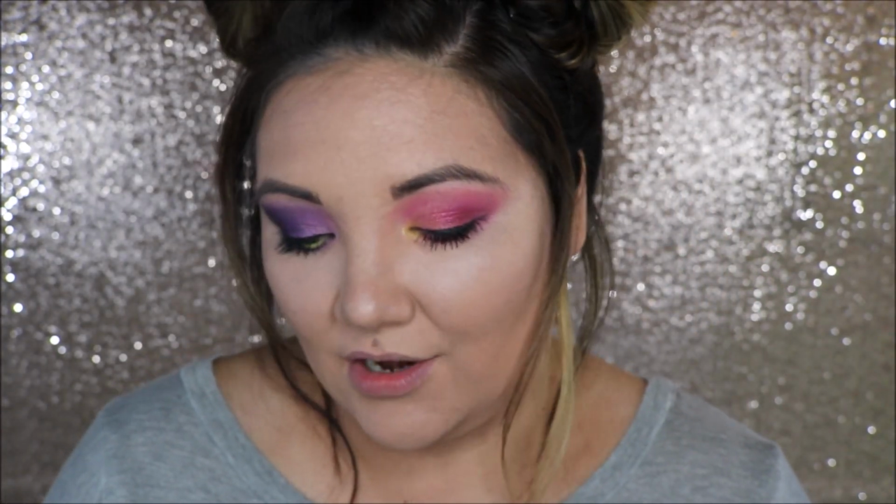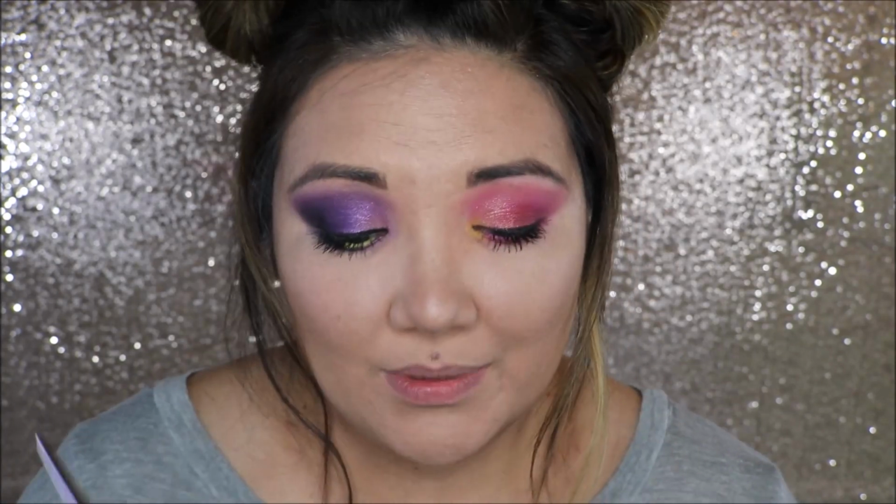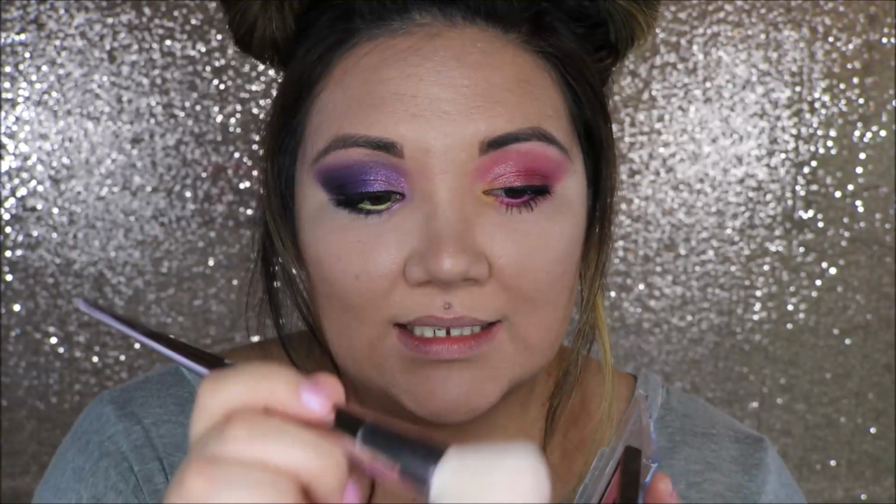Right, I'm so excited for this, the blush palette. So I think on the Kuromi side, we're gonna do the skull, obviously, because, you know, she's all about that dark life. I haven't swatched these. I don't know how pigmented they are, but normally Wet n Wild blushes are pretty pigmented, so I'm just going to do a little topper